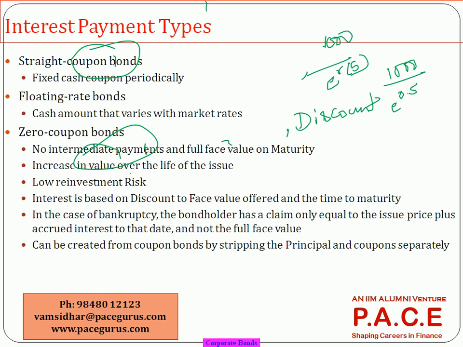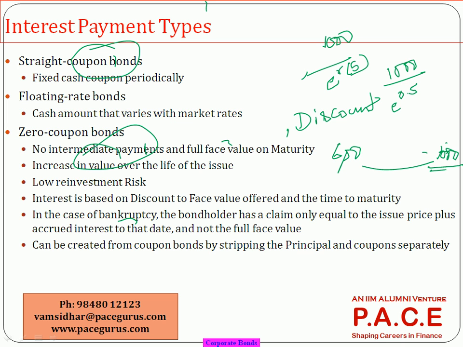And yeah, here, in case of bankruptcy, what will happen? Let's say you have paid 600 to purchase a bond for a 5-year period, and the bond says on maturity it will pay you 1000. Today you pay 600. On maturity, the bond will pay you 1000. Now let's say the company defaulted within 2 years. It became bankrupt. Within 2 years, the company has gone bankrupt. Then what is the claim for the person who has purchased the bond?